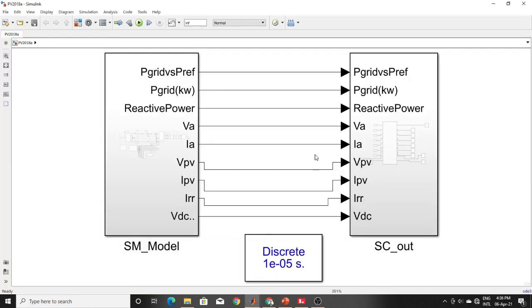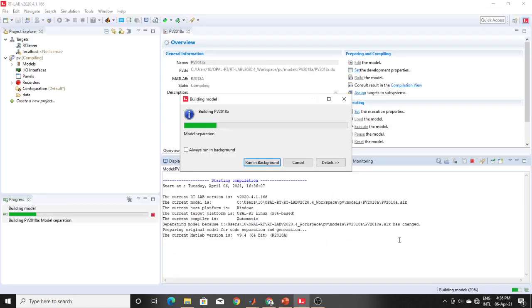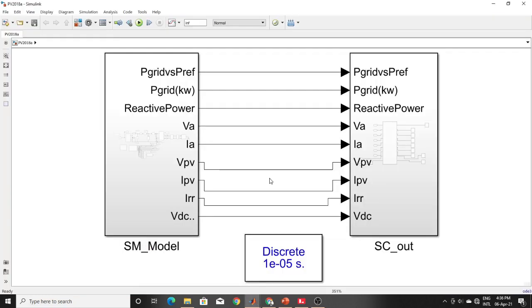And I'll show you one more thing. The model is building in the background. I will show you the best way to save your real-time simulation data, if you need to draw a diagram from the data for your paper or anywhere you want to show it.